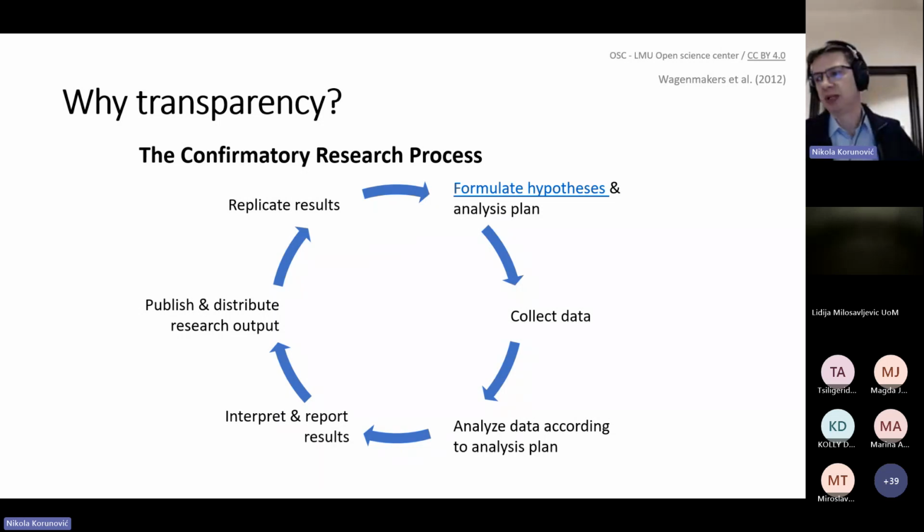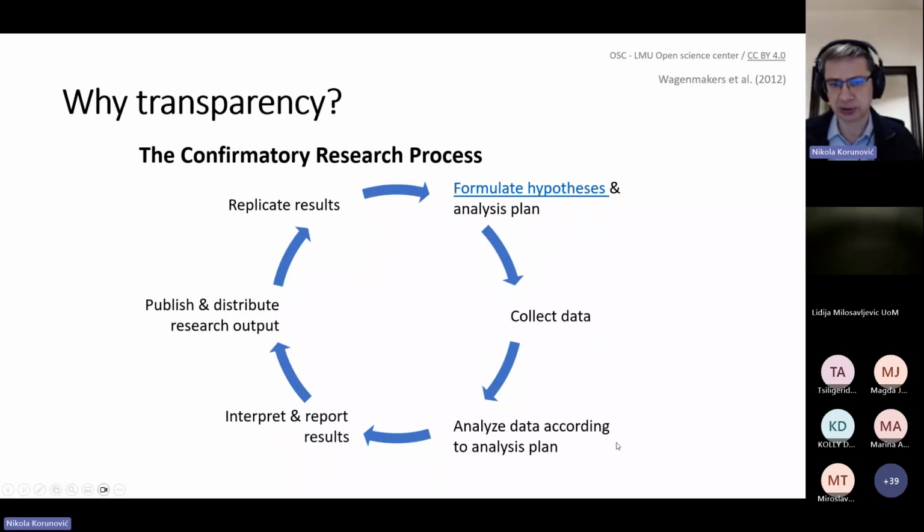In the first one, you just, from your research, try to find some hypothesis. You don't have the hypothesis at the beginning. But something that is done, maybe more and more respected generally, is to have the formulation of a hypothesis, and then through your work, start to see if it is proved or not. Is this hypothesis confirmed? So this process should start from a formulation of hypothesis and analysis plan,